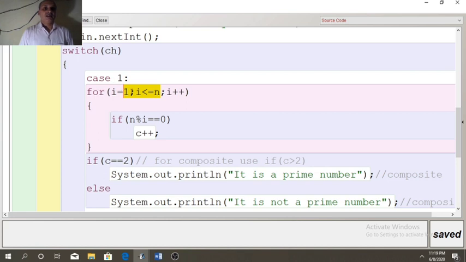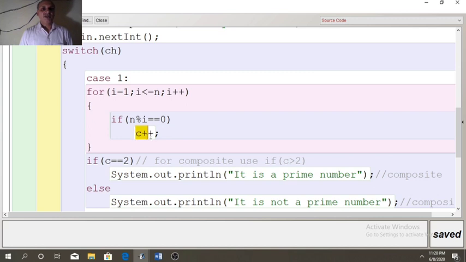So when I is 1, 1 is less than or equal to 3, condition is true. Now if n modulus I equal to 0, it means if 3 is divisible by I, that is 1. So in this case it is satisfied, 3 is divisible by 1.